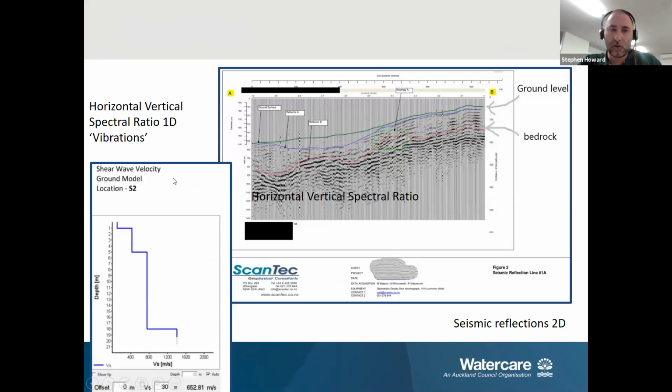This is the one-dimensional one. This one here is called the horizontal to vertical spectral ratio, one dimension, and the meters are down this axis here. By thumping the ground and taking away the background noise, you can get a picture of where the different strata are. If you know what things are, you can label them. For instance, this could be topsoil, one strata of soil, another strata, and bedrock down here. Some testing is going to happen this week, I believe,